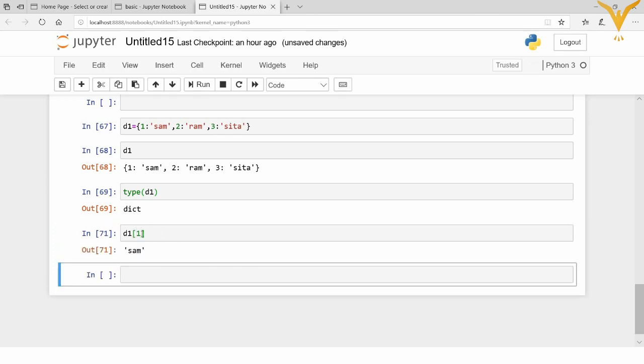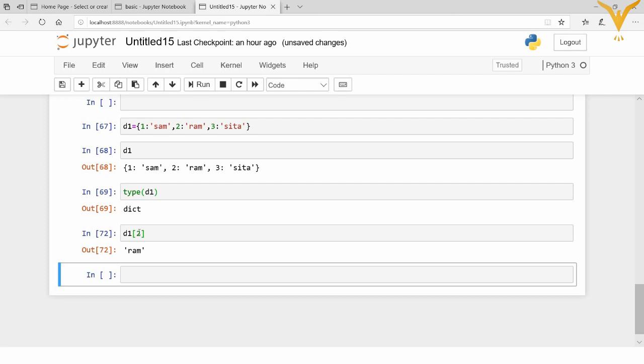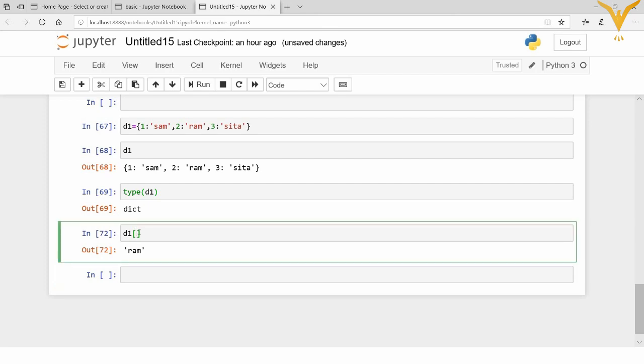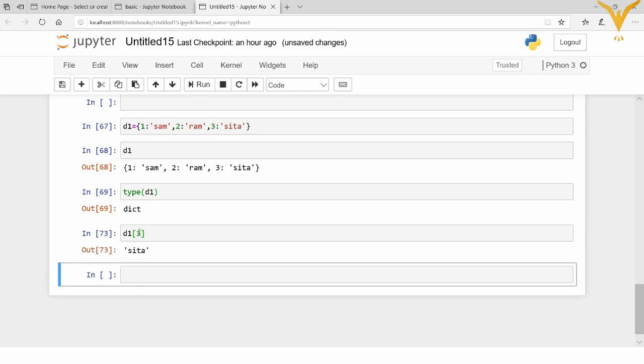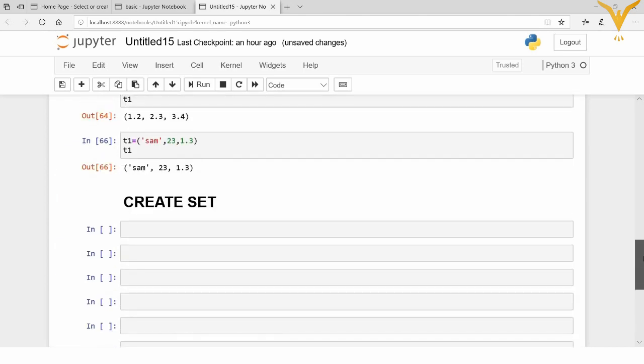So it is giving me Sam. I want to fetch Ram, it is giving me Ram. I want to fetch the value Sita, then it is giving me Sita. Clear with this? So using this key we are fetching the value of that particular key. Got it?